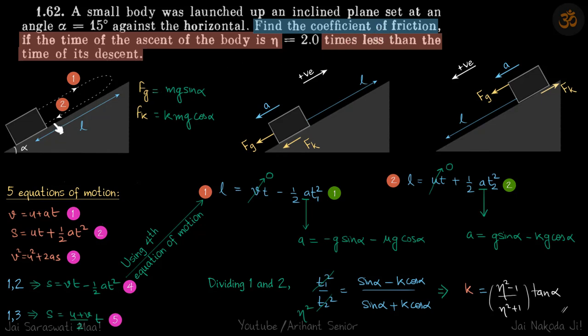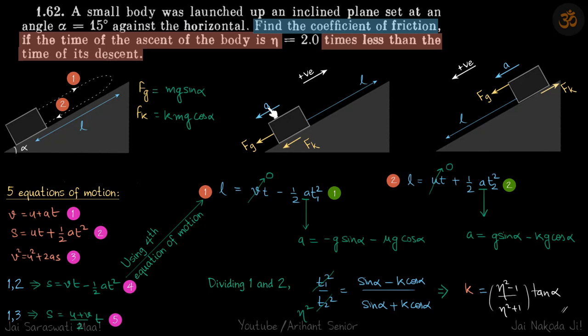So one thing we know is that the block is sliding while going up and going down both. So the sliding friction, the kinetic friction, is going to be k mg cos alpha in magnitude, and the downward force because of gravity is going to be constant, that is mg sin alpha. So Fk in magnitude is constant, but its direction is going to be different. When the block is going up, Fk will be applied in the backward direction, and when it's coming down, Fk will be in the upward direction. That's what we have drawn here.